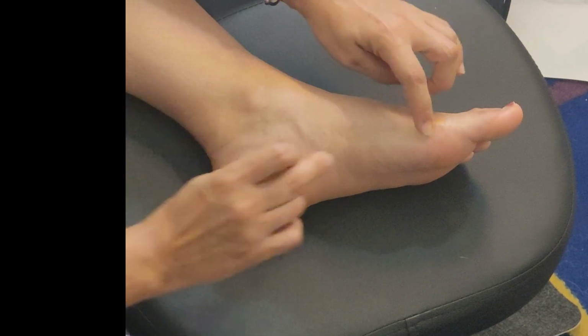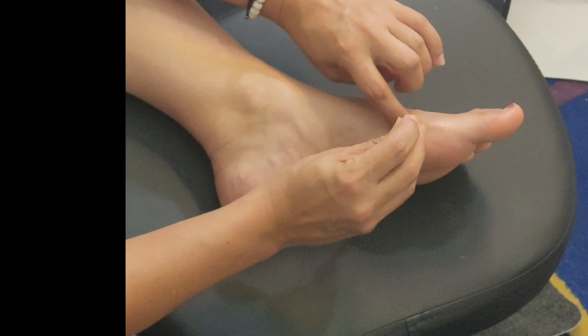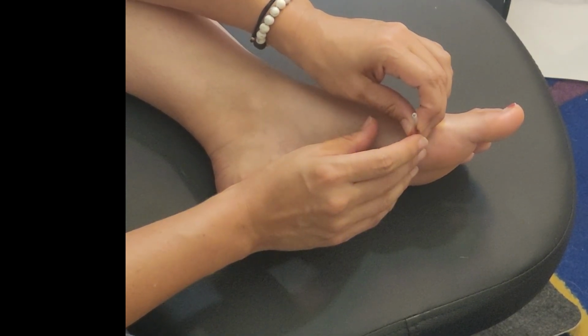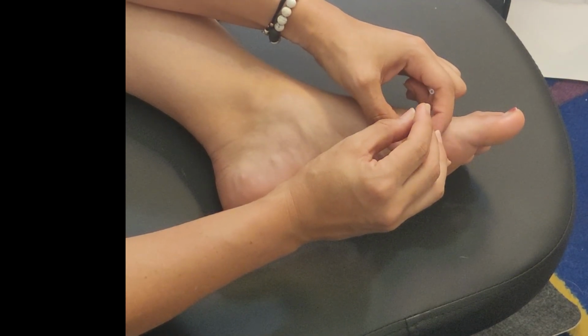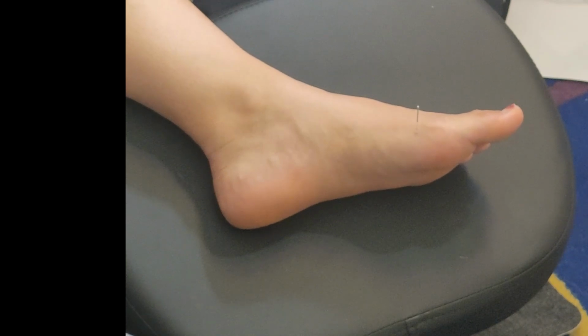It is also the location of spleen 3, and you want to insert just below the bone, inferior, in that depression. I am using a 1.5 tune needle and you want to insert to a depth of 0.5 to 0.8 tune. And in these points, the closer you get to the bone, the further you're able to treat into the kidney,